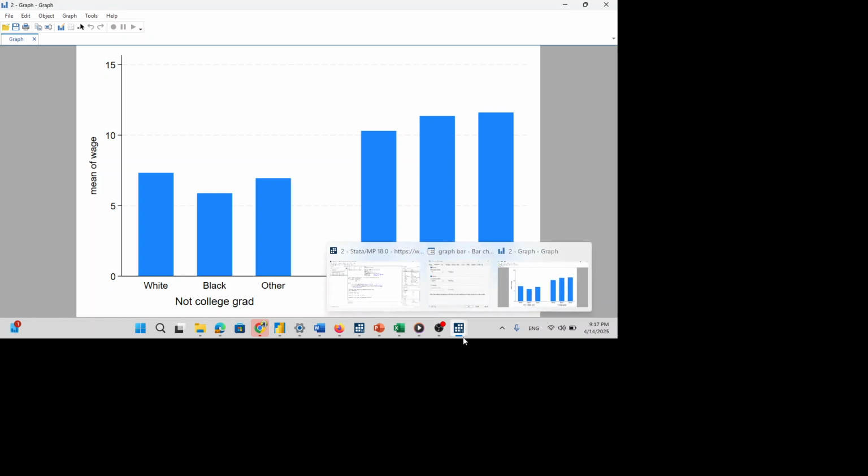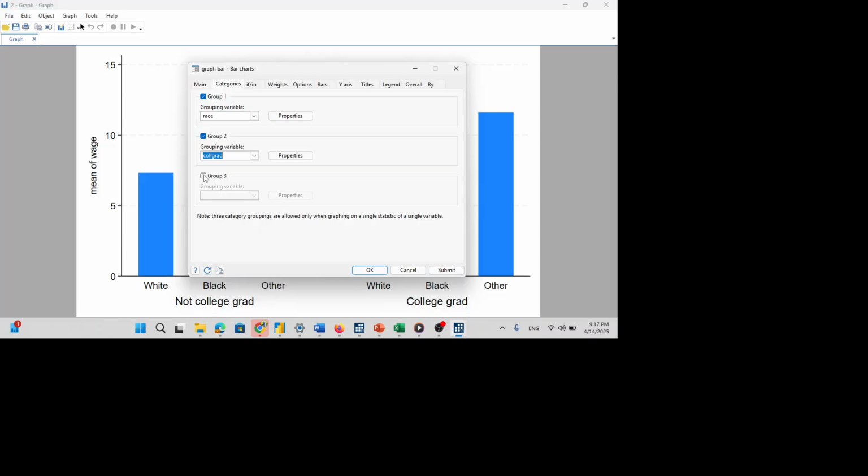The other one is in terms of the third variable. Let me use, I have different variables here, let me use union participation. Then click submit.